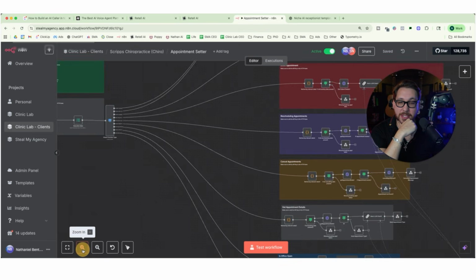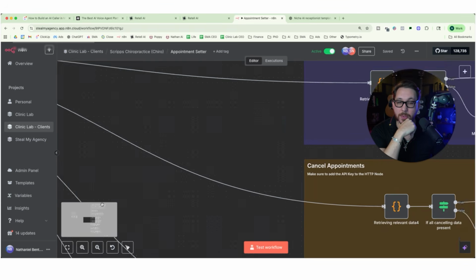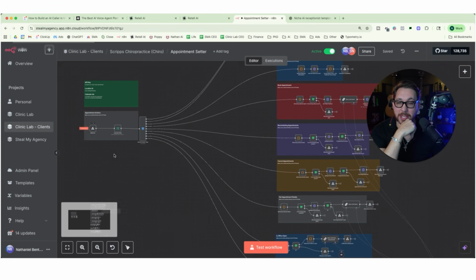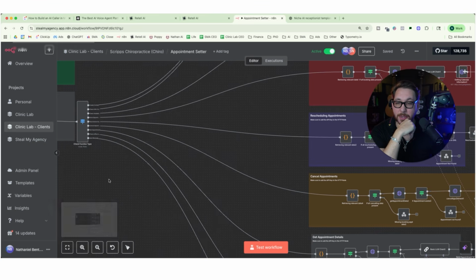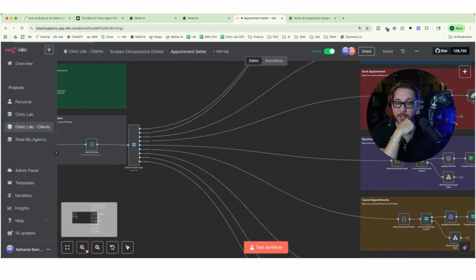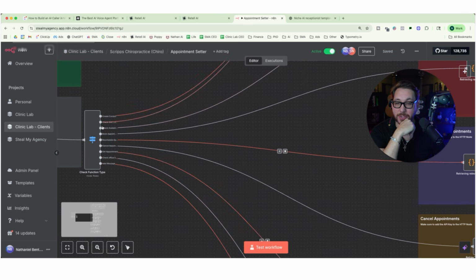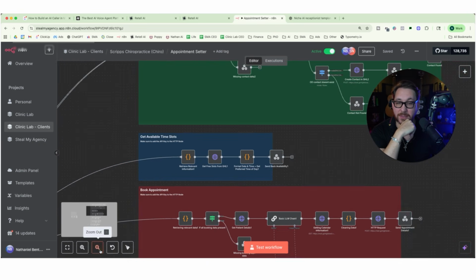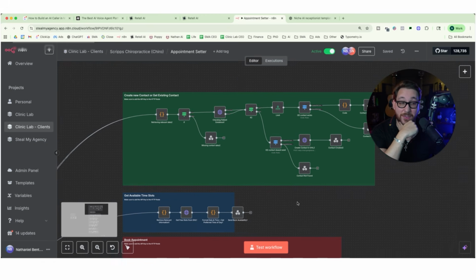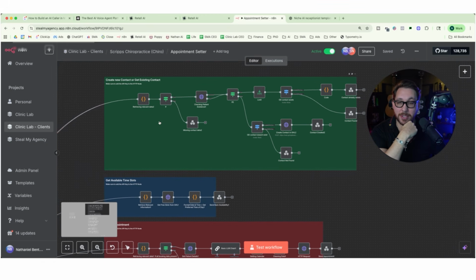So this is our base N8N automation right here, which allows us to trigger that base webhook every time a call is made. It will filter the webhook and it'll check the function type. So it'll be able to relay to them which functionality, like checking, creating contact, booking appointments, rescheduling appointments, etc., is dialed in. Obviously, I don't have enough time to go through each functionality component of this entire automation, but essentially